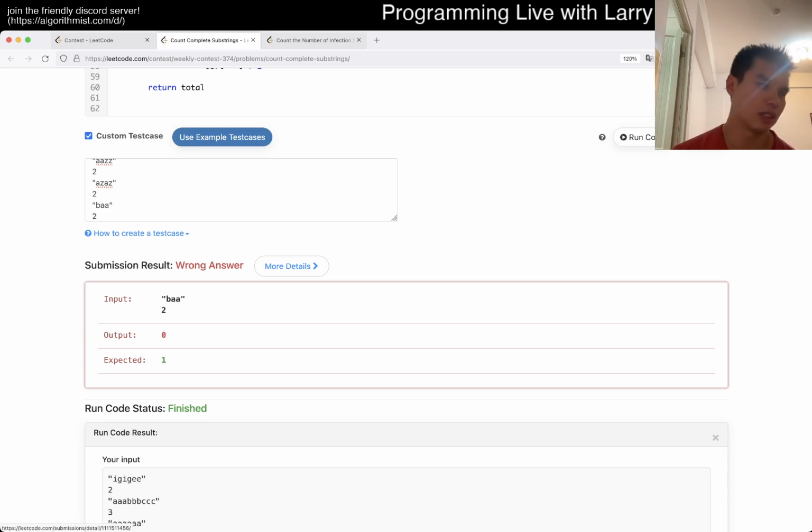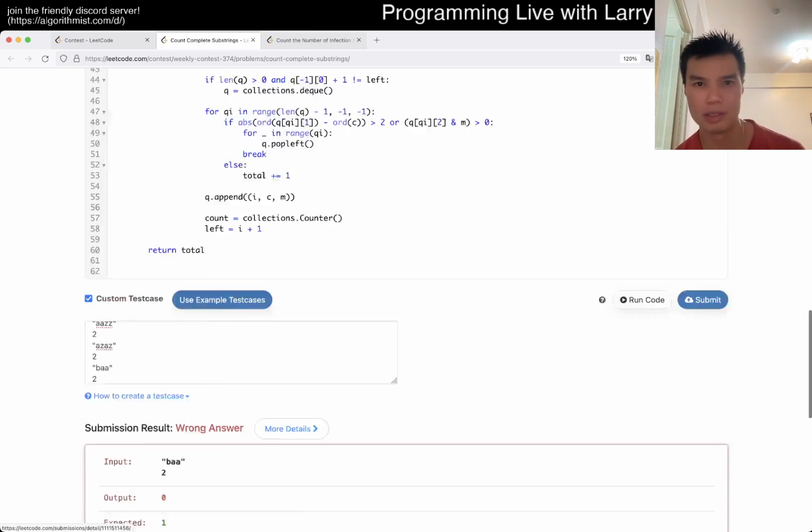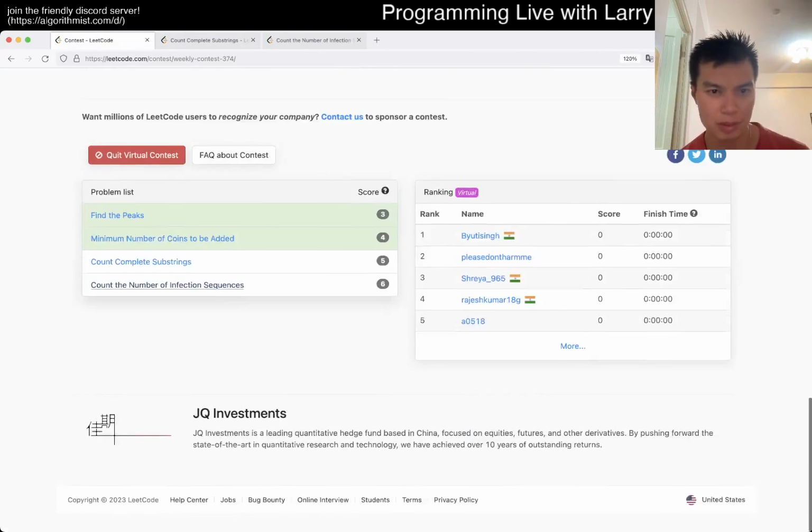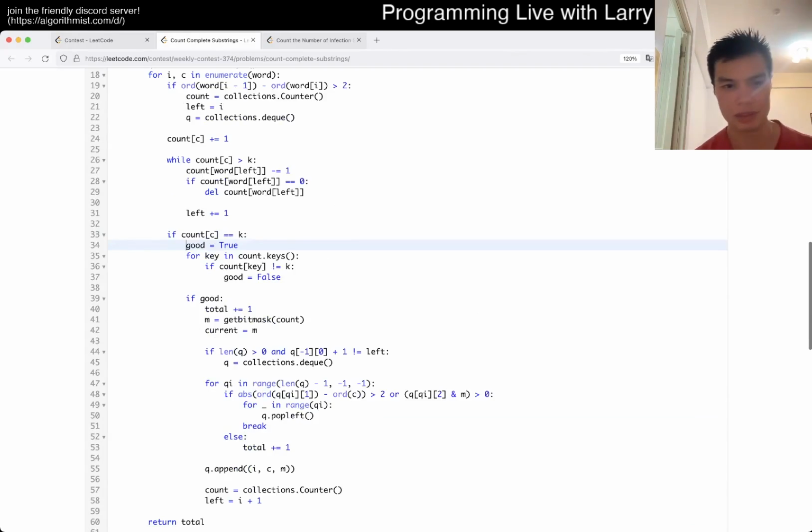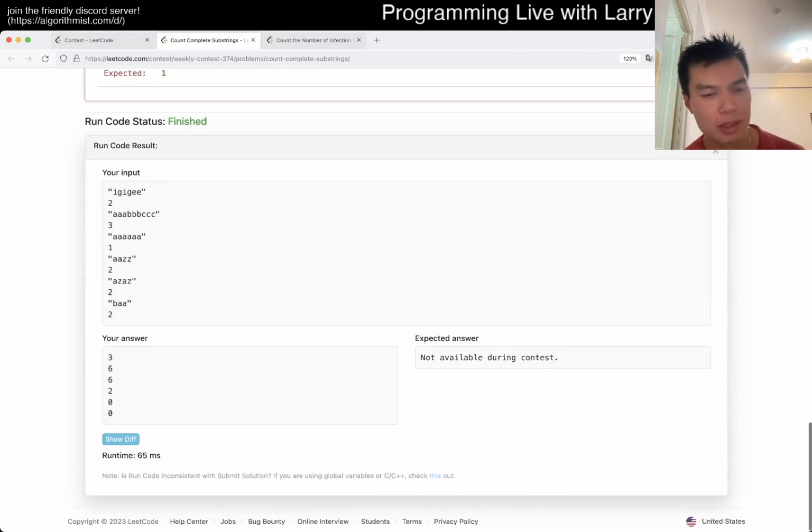How do I know that there's a small case and we don't need it in the future? Wow, this is a hard one. Jeez. I thought I had it, to be honest, but